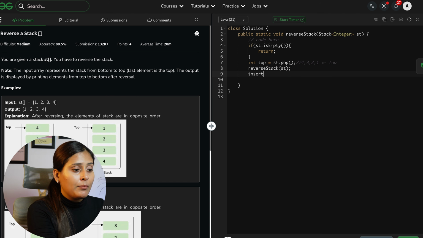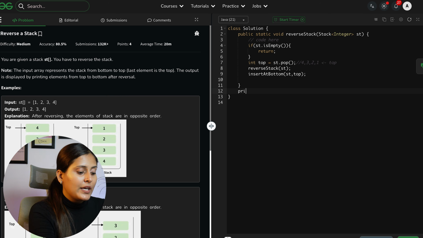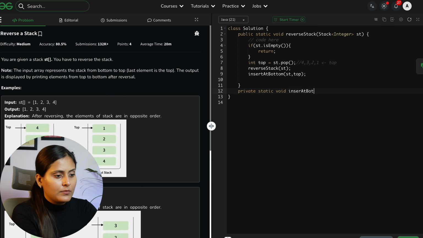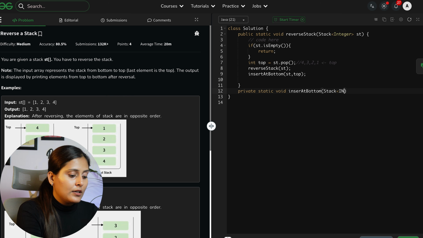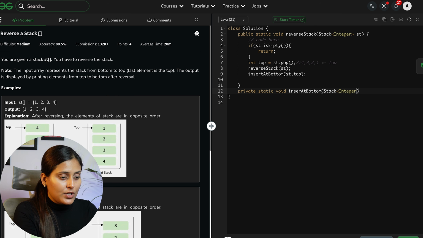For that we make a function insert at bottom, and here we send our stack and the top variable, meaning 1. So let's make a function: private static, return type void, and name insert at bottom. Now we have two parameters, a stack of type integer, let's name it s, and an integer x.